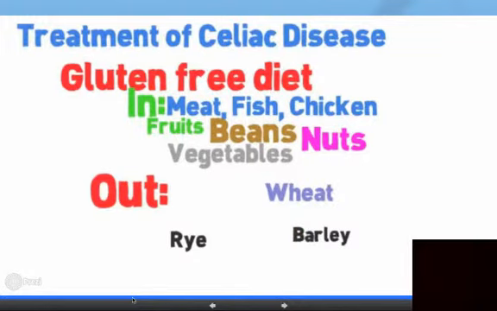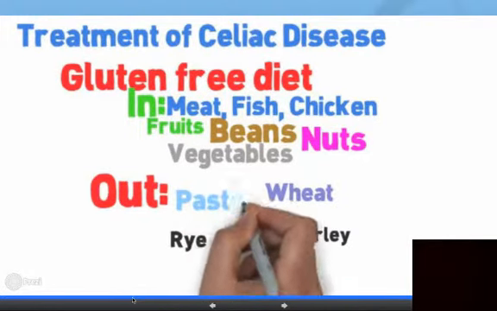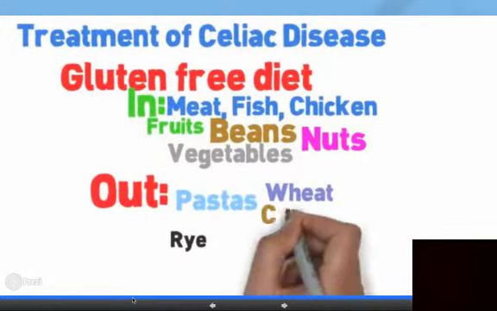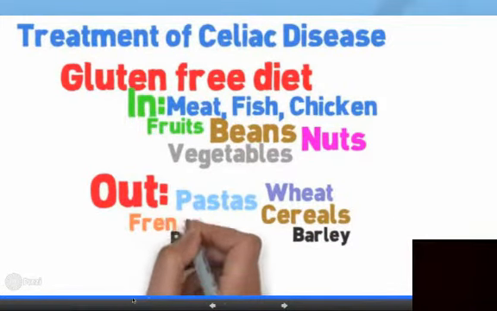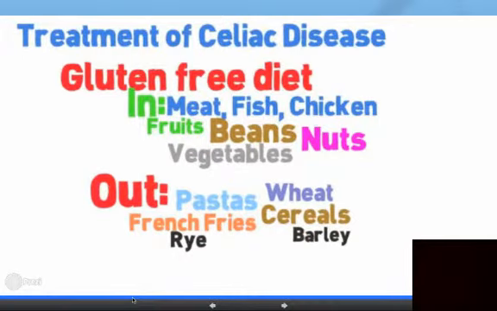Now, other things to avoid would be like wheat. You shouldn't eat wheat or pasta, so a lot of Italian food is kind of out the window unless you can get gluten-free pastas. Cereals and French fries are also generally out for the